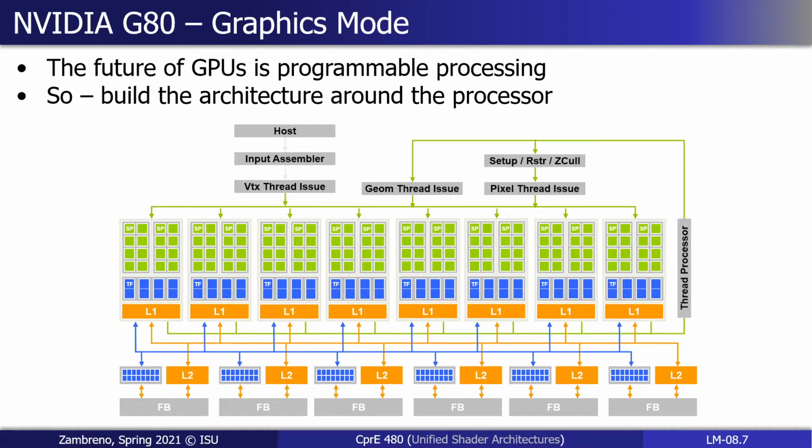shader view of things. Now, there's a couple things that are a little bit different in this picture than in the previous one. So first off, this is again the unified shader architecture. This is no longer a separate region of the chip dedicated to vertex shading and a separate region of the chip dedicated to fragment processing. It is just this green sea that we see here, the unified shader cores. In terms of what the cores are doing, they're still at this point extremely similar to what we ourselves have implemented for our simple graphics shader processor. We'll talk more about it, but recognizing that the future of GPUs is programmable processing, and the current reality is programmable processing,